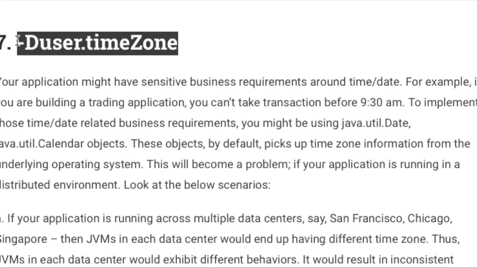So in that case, I need to set the time zone in such a way that the application running at location B and location A should follow the same time zone even though they are working in different time zones. A very good example is the trading application, as explained here also. So in such a scenario, or in a distributed application working globally, this time zone will help.